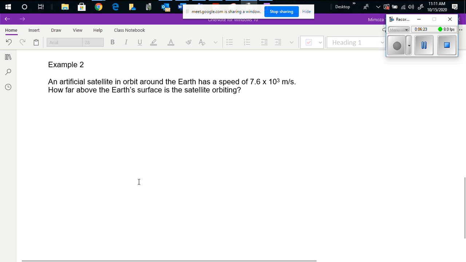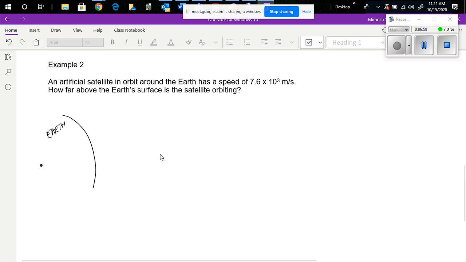Let's take a look at the other example here. We have an artificial satellite orbiting Earth, with a speed of 7.6 times 10 to the power of 3 meters per second. How far above the Earth's surface is the satellite orbiting? So in this case, what we are looking for is the altitude, how far from the surface to the satellite we have. So this is Earth